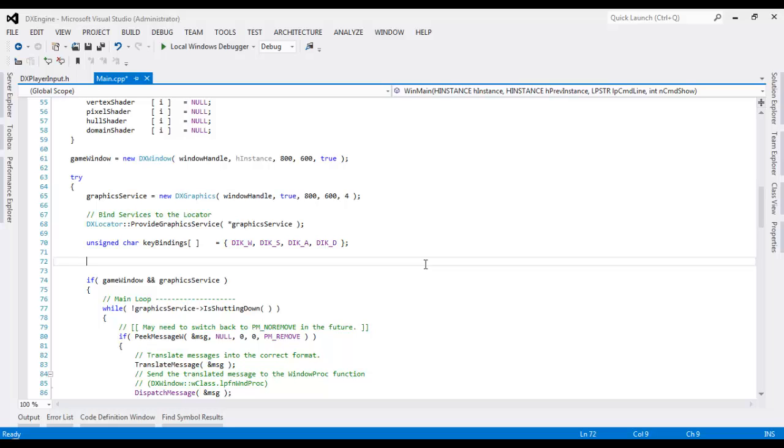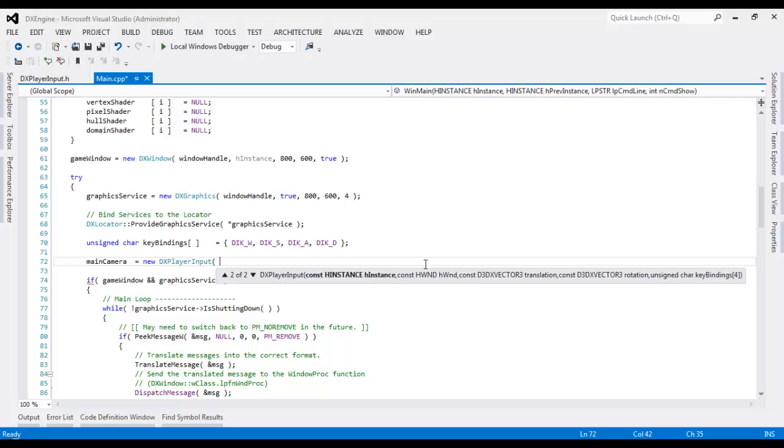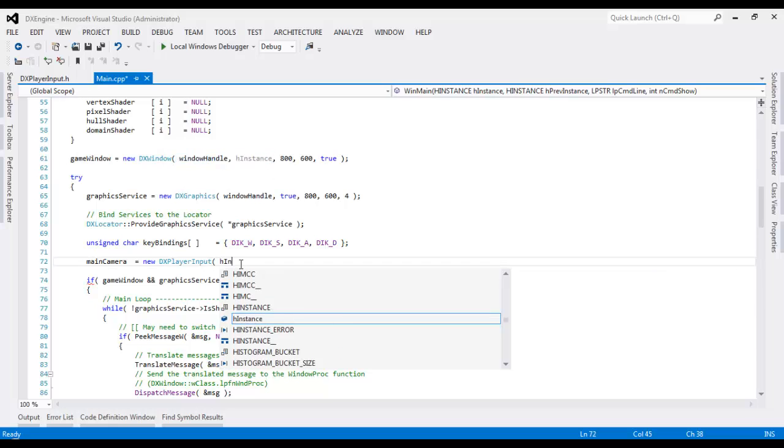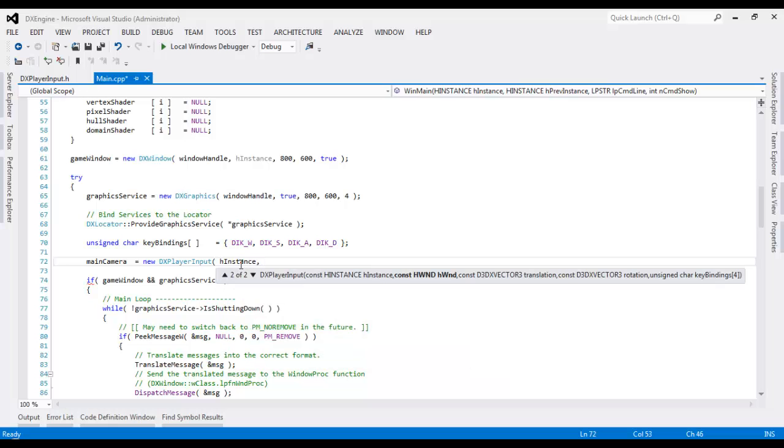Okay, now what we're going to do is set up our main camera. So we're going to use our variable from before, main camera, and create a new object of DXPlayerInput. As you can see now, we have to pass in our instance, our window handle and our default translation and rotation, as well as our key bindings. Most of this we can leave as is, so the first two variables we have already, as you can see above here. We have our window handle and H instance. So all we're going to do is H instance, comma, window handle,